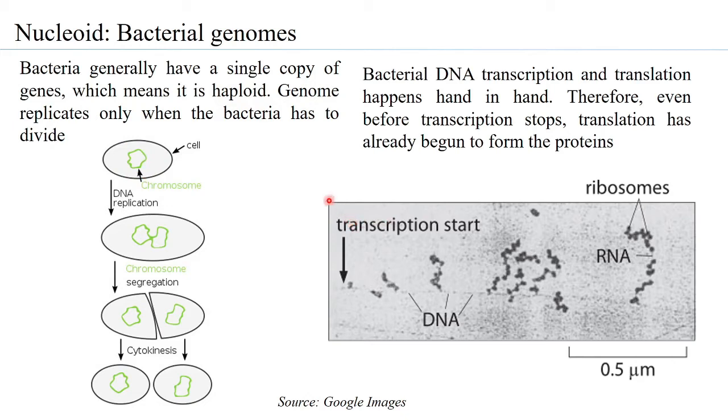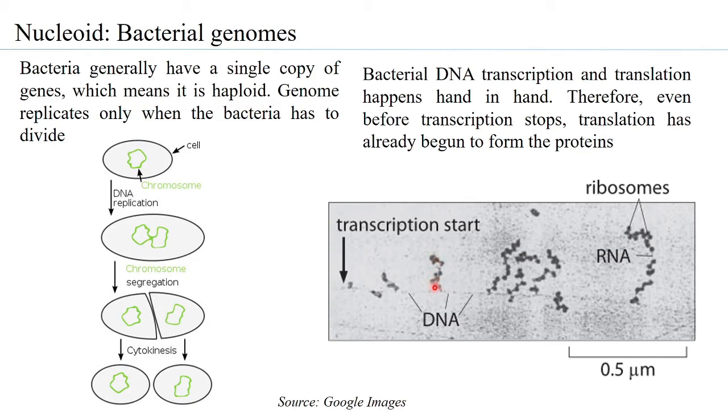eukaryotic cells. Now, as there is no nuclear membrane, the ribosomes that are present in the cytoplasm of the bacteria get easy access to the RNA. And where does the RNA come from? The RNA comes from the DNA. So you can see this thin, fine fiber of DNA, and you can see that from segments of the DNA, which are genes, those genes are getting transcribed into RNA, but you can see that these RNA are thin fibers that are covered already by ribosomes,